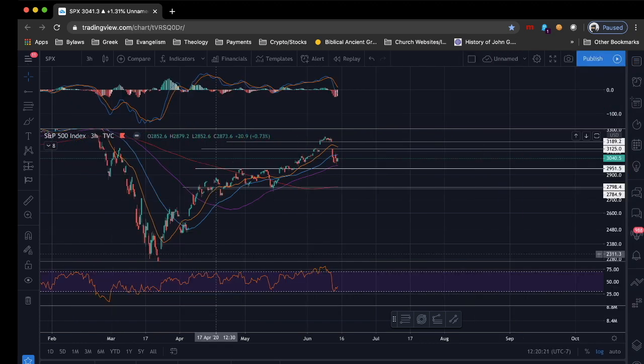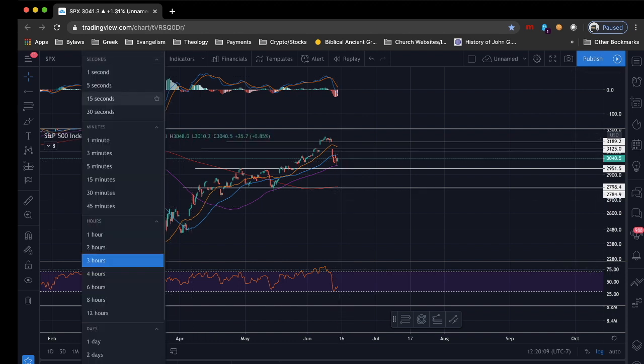All right, let's take a look at the 3-hour, and then we'll go into the 3-day and then also the weekly. And it seems like we're trying to make our move up. We also see our MACD curving a little bit to the high side. So again, it seems like the expectation to move up is being supported by the MACD and the RSI. Again, anything can happen, but the strong probability is that we are going to see a move up higher. Now the weekly, let's go to the weekly.